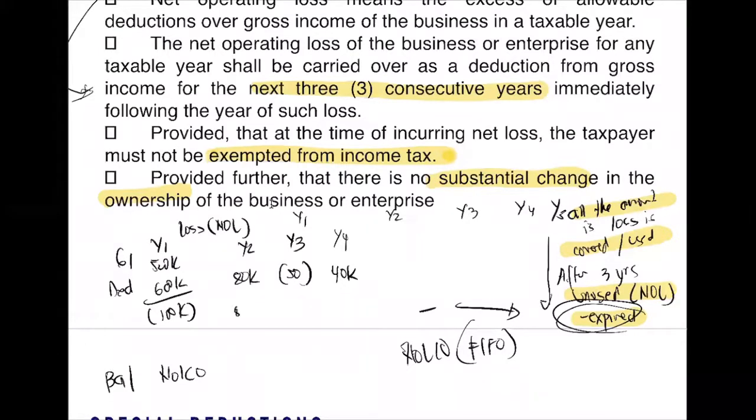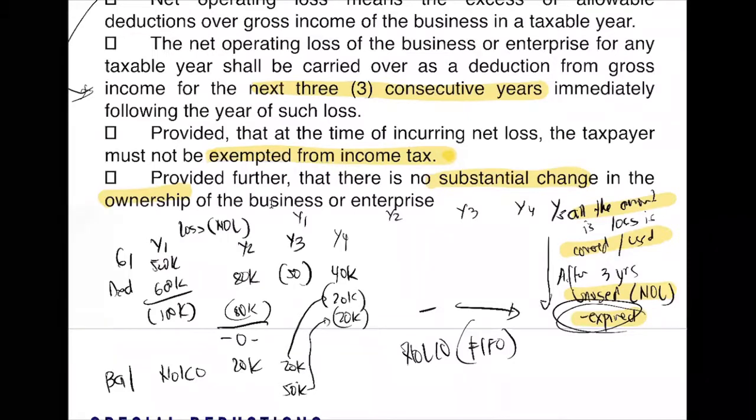Can we apply it to 80,000? Yes, kasya pa yan. Meron pa tayong 20,000 na sobra. So loss uli dito. So another NOLCO yan, 50K and 20K. Okay? So for year 4, ang una mong i-apply yung 20,000. And then may natira pa 'di ba na 20,000, pwede mong kunin diyan.